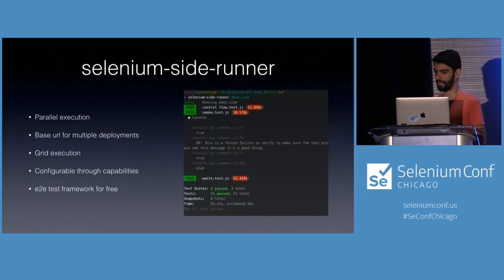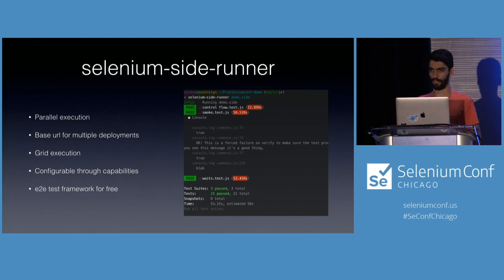We've developed the Selenium side runner, which, depending on the way that you wrote your test cases, can parallelize them for you for free. On the most basic level, we put you on a path where you'd be able to parallelize all your suites out of the box. But if you want to take it one step further, you can even parallelize all your test cases as well. Other than that, you can pass the base URL as a parameter, so you can test in different CI environments or on your computer against different deployments of your application.